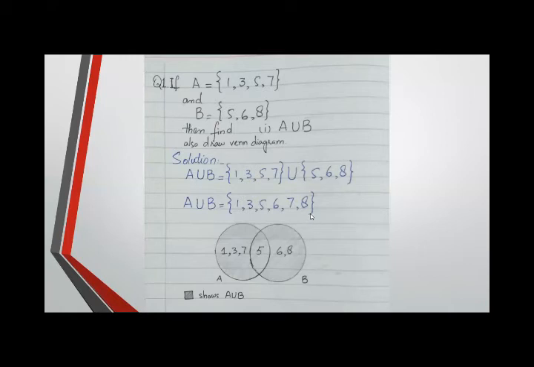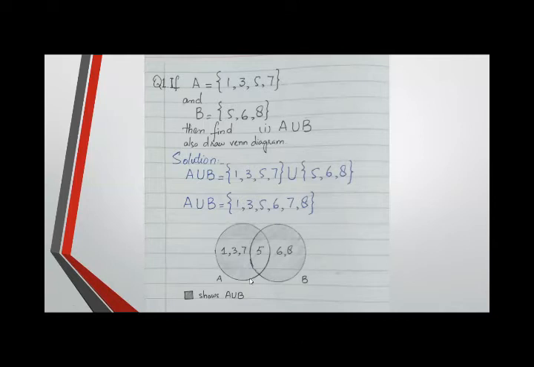In today's lecture, we are only discussing the Venn diagram of overlapping sets, and this topic is included in your examination. So we only draw the Venn diagram for overlapping sets, and we only choose those sets which overlap each other. So this is a pair of overlapping sets, and here we find the union between them.